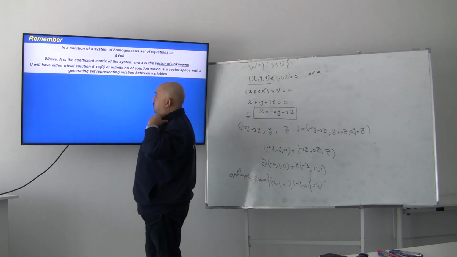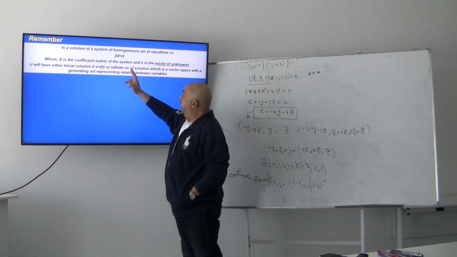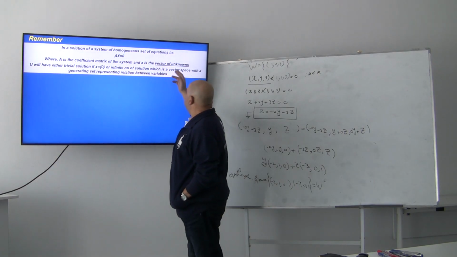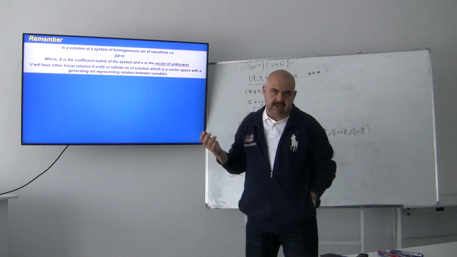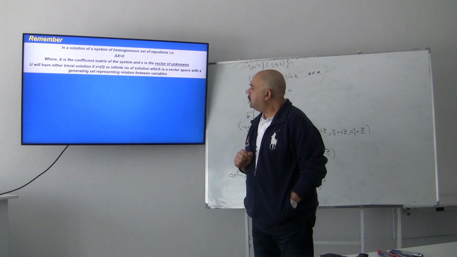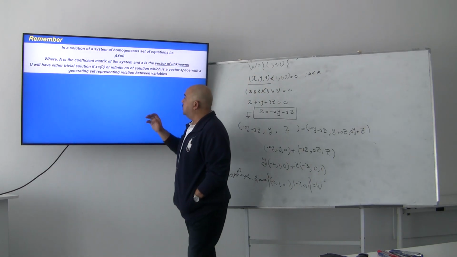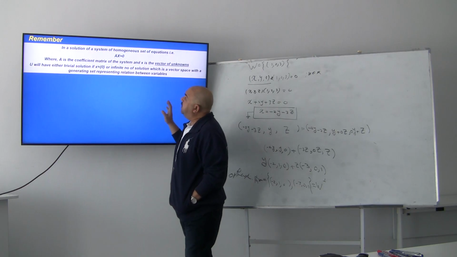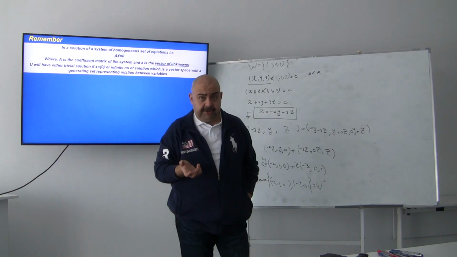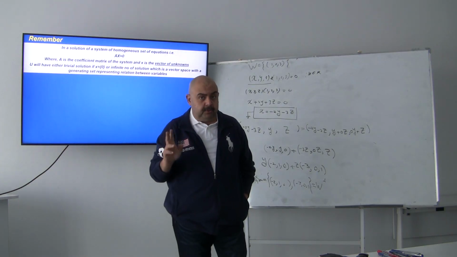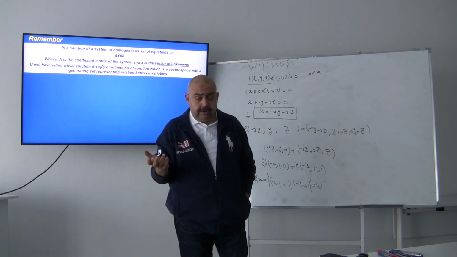Or you may have an infinite number of solutions, which is a vector space by itself, the vector space of the solutions of this system of equations. And we can get a generating set representing this relation between variables. So if you are trying to solve a homogeneous system of equations, you will be between two things, either getting x1, x2, x3 equal to 0, which is the trivial solution, or getting a relation